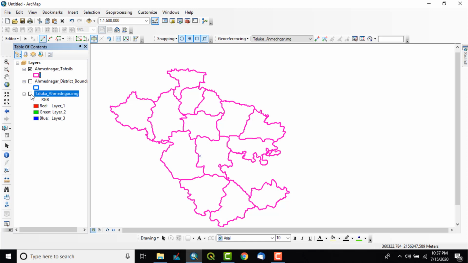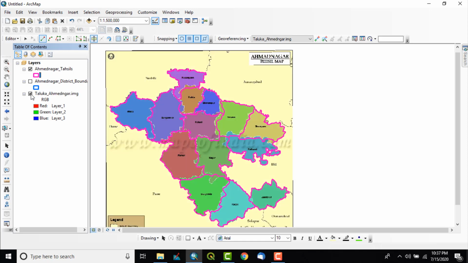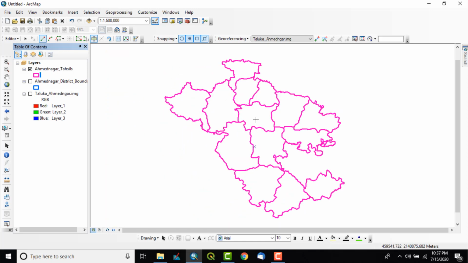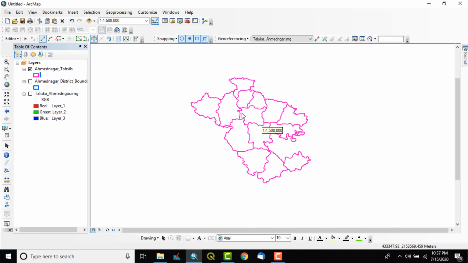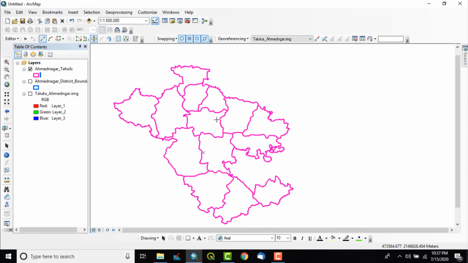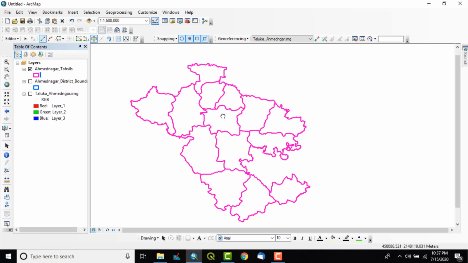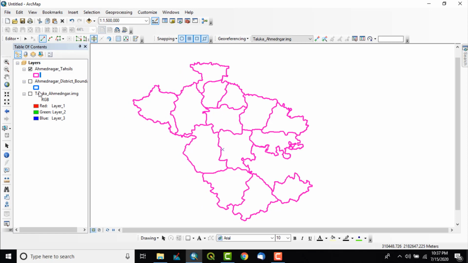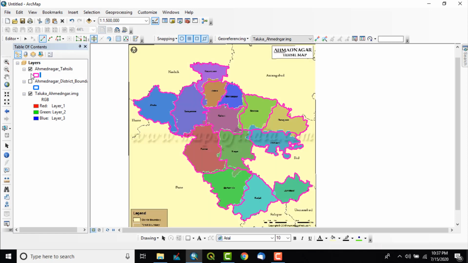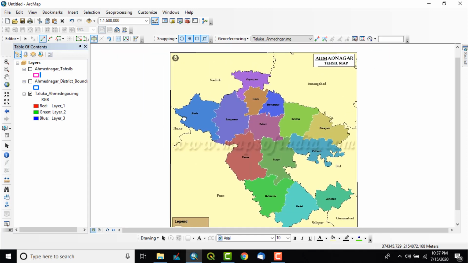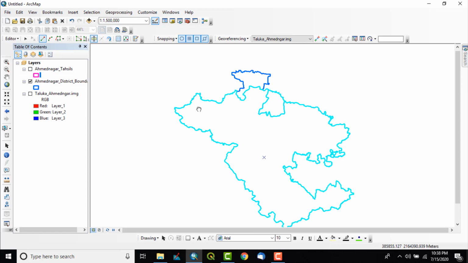I will just turn on the JPG. So this is the usefulness of this particular task. In this task, what we have done is that we had a JPG file of Ahmednagar Tehsil level, and we had only the district boundary of Ahmednagar.